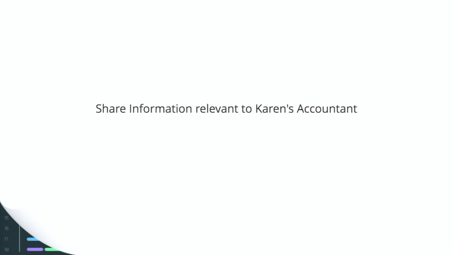So this is where you're trying to share information with your bookkeeper, in this case Karen's accountant. Let's say the accountant is trying to make a quarterly report, or is trying to make filing for Karen's cooking class. So the information that the accountant is looking for is the revenue that she made for the last year. So instead of making Karen's accountant a user of this application, what we're trying to do is generate a report based on one or two reports that we already have and send it as a PDF to the accountant for them to easily process it.